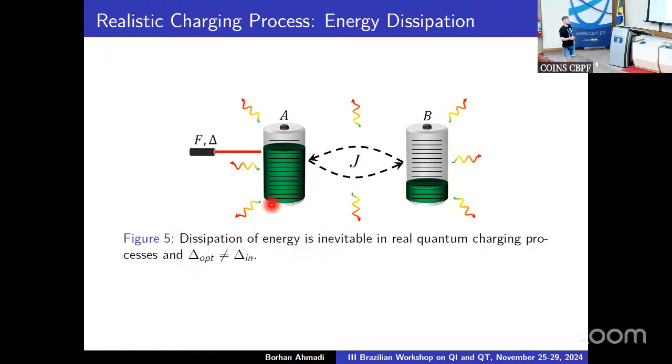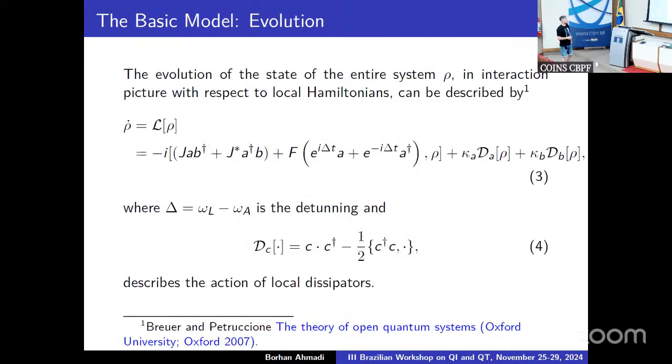Okay, it can be through the charger, to the battery, in the interaction process. So in this case, the optimal detuning is not anymore the built-in detuning. Okay, so in a realistic process, when we have dissipations, then we know that the evolution of the